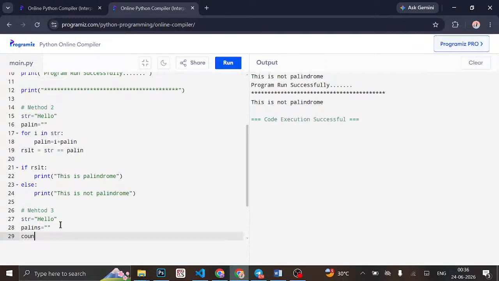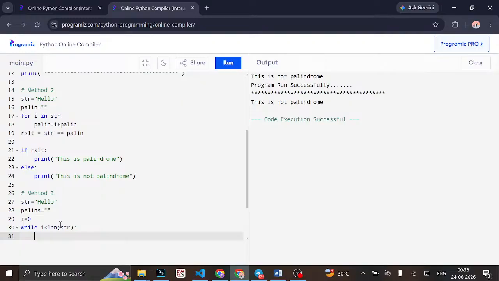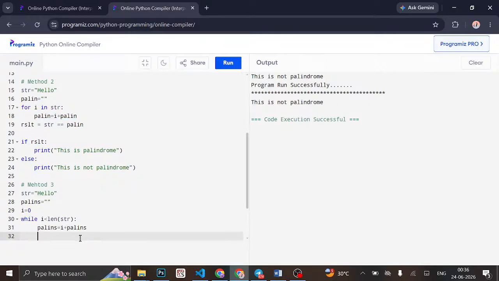I take the count, i equals 0. I am applying the while and bracket str. So now print if, where this line, as equals as. Okay, so now your result is